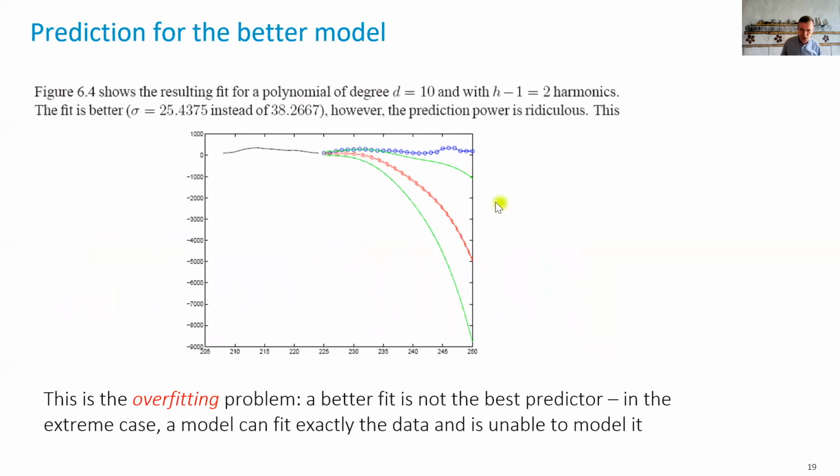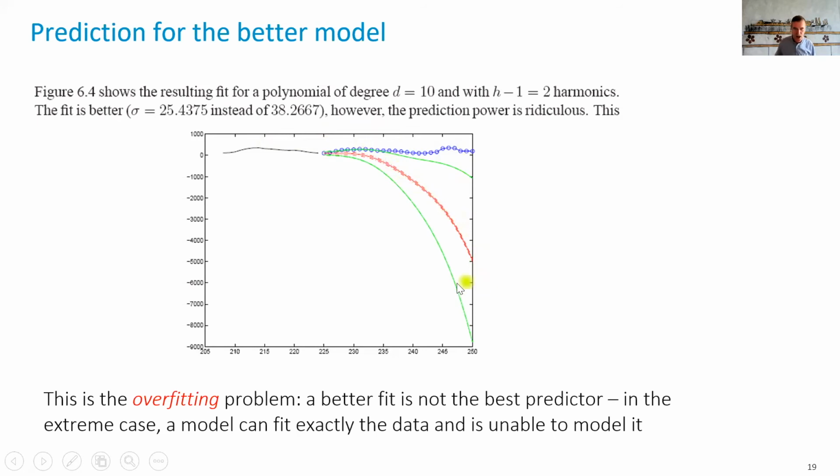And now I do a prediction with that. The prediction with the predict is in red, the prediction interval is the green band, and the true values are the blue terms here. As you see, this prediction for the second model is completely off. In fact, the predicted polynomial